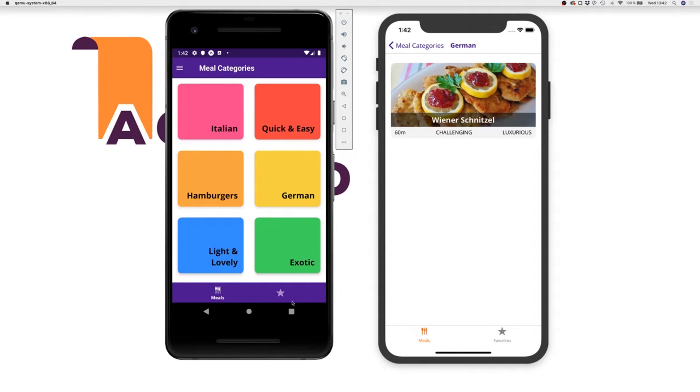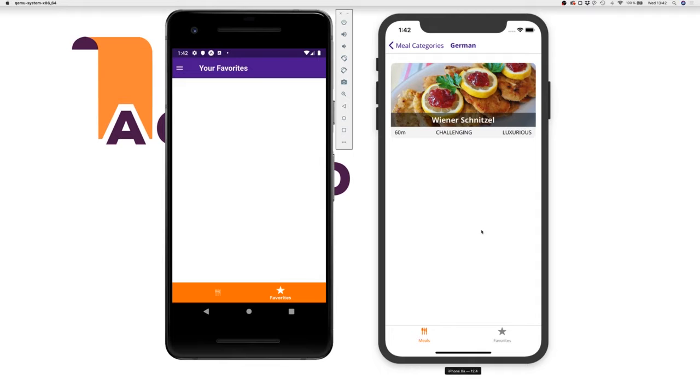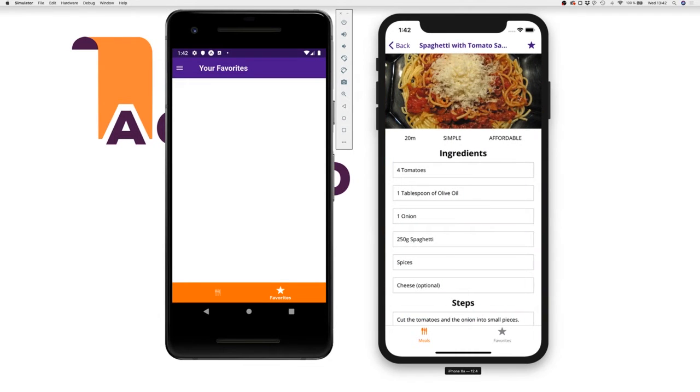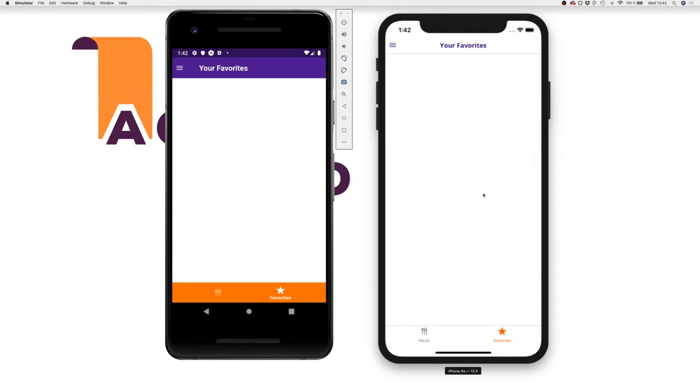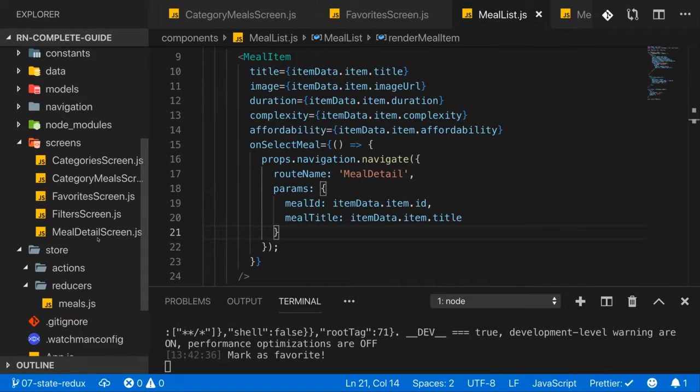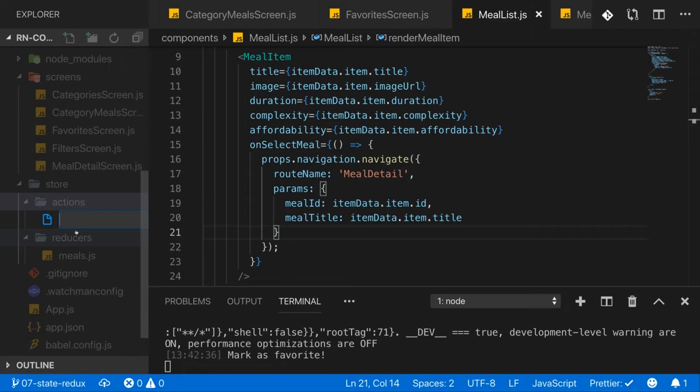Let's start with the favorites. I want to make sure that when I'm in a recipe, I can click that star and that adds this as a favorite and shows it here in the favorite screen, where I currently see nothing because I removed these dummy favorites. For that, I'll start in the store folder in the actions folder and add a new file there,